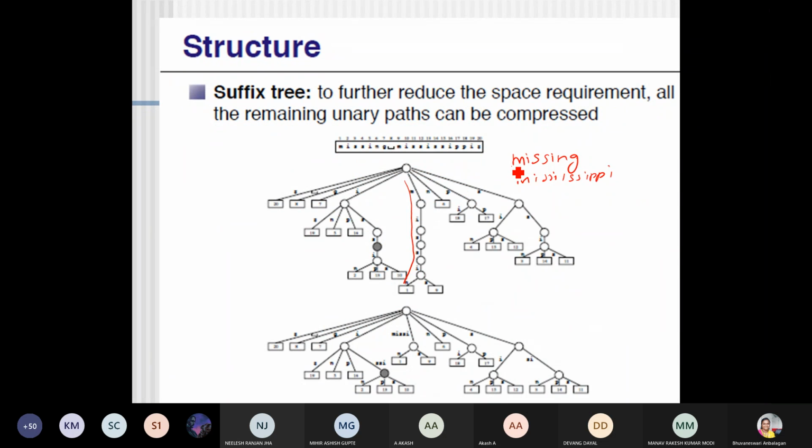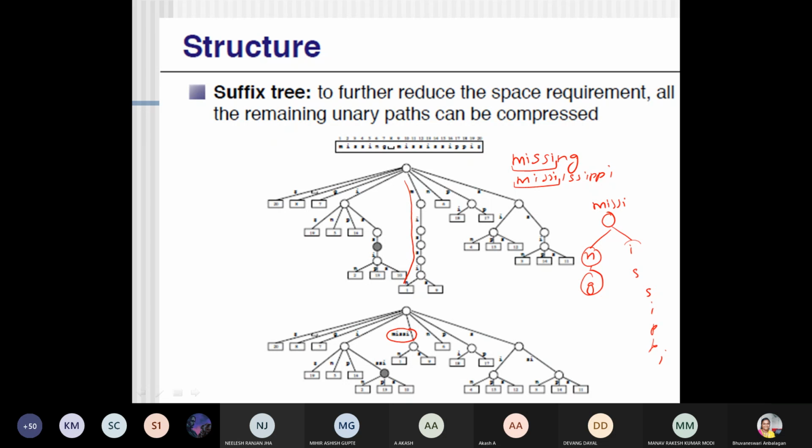You see what common characters match with both suffixes. You can have MISS as a separate node, and later this will be missing. This is going to be the node, so if I go over here, I will have this ING, which leads to the pattern missing. If I go to this other node, I'll have Mississippi, SSIPPI. In this way, I can have the suffix tree.